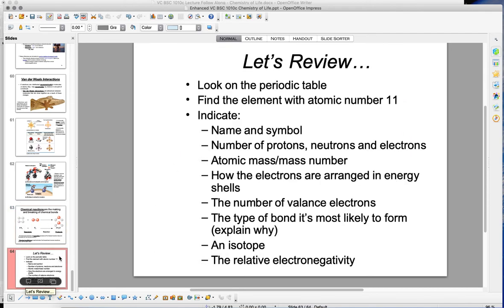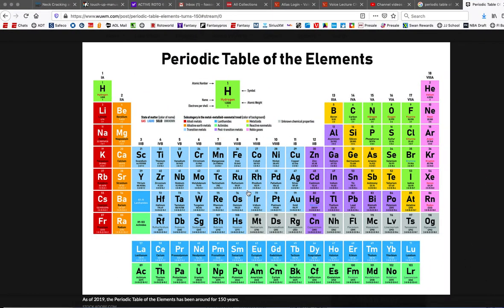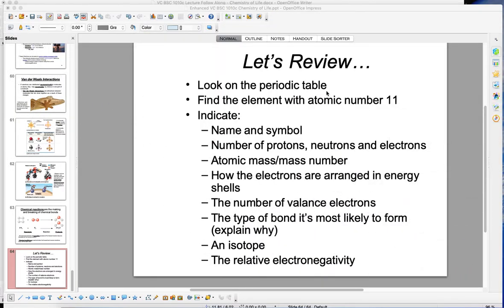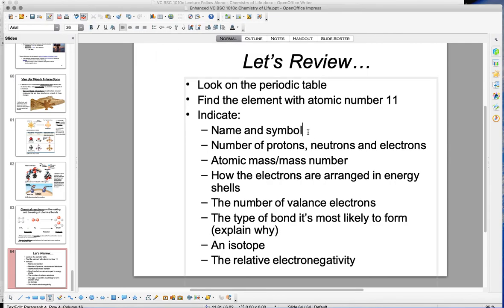Okay. All right, so let's take a review here. We've had you do this as a group in the class, but let's do it right now. Looking at the periodic table, find the element with the atomic number 11. So our atomic number 11, where would that be? They go in order. So 1, 2, 3, 4, 5, 6, 7, 8, 9, 10, 11. We see here sodium. So the element with atomic number 11 has the name sodium,